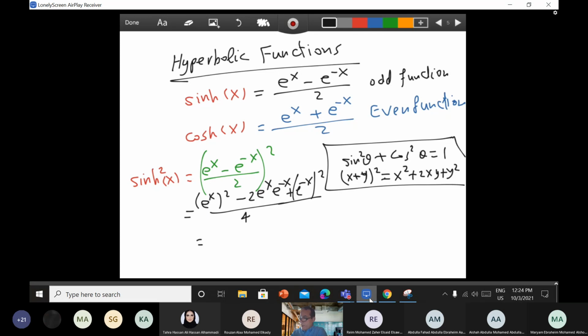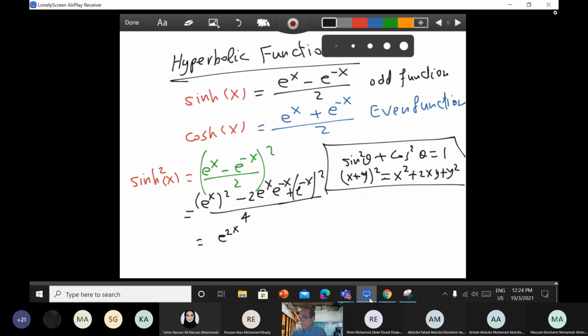Okay. Now, what do you have? E to the x square, when you square it, it will be e to the 2x. It is the same as e to the x times e to the x. This is e to the x square, right? When you multiply and you have the same base, you just add the powers. The power x plus x will be 2x, right? This is how